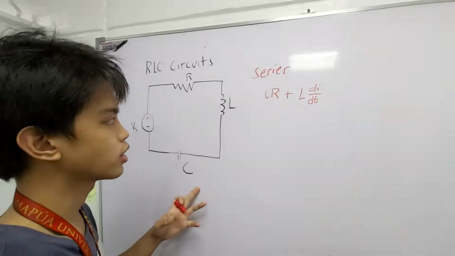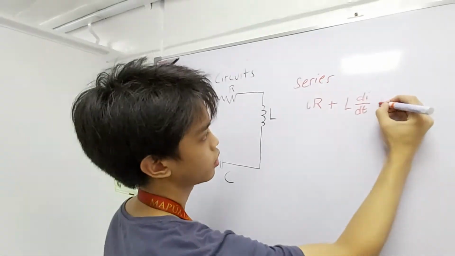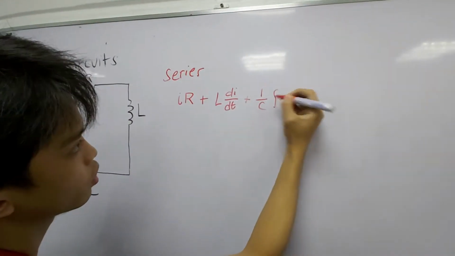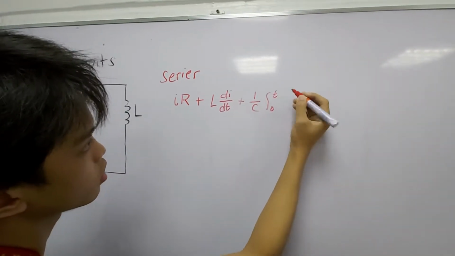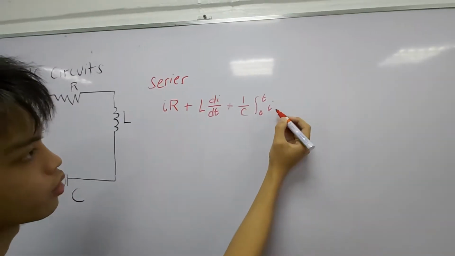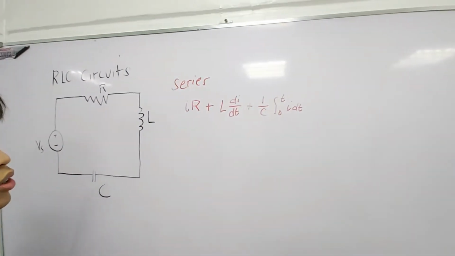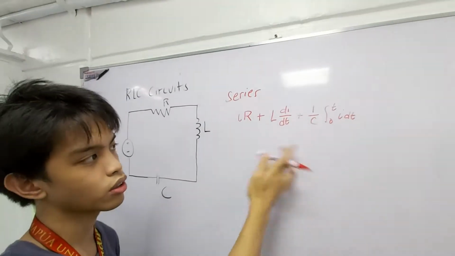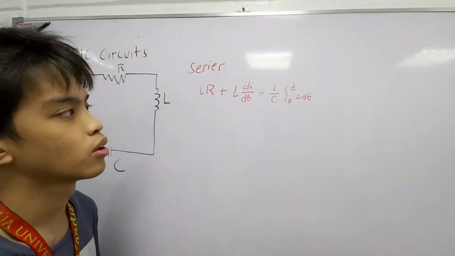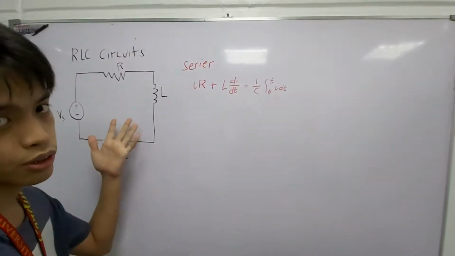And for capacitance, which is denoted by C, the formula is 1 over C times the integral from 0 to t of the current. So these are all the formulas that we need so that we can find our differential equation for our series RLC